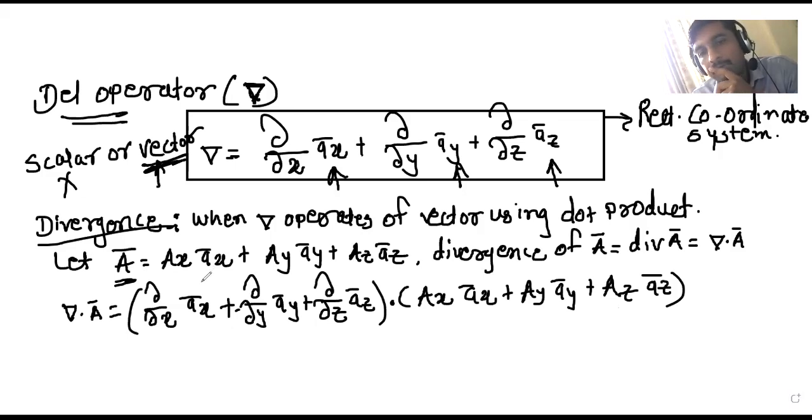If you go back and check the second definition of the dot product, can someone recall? A bar dot b bar is equal to